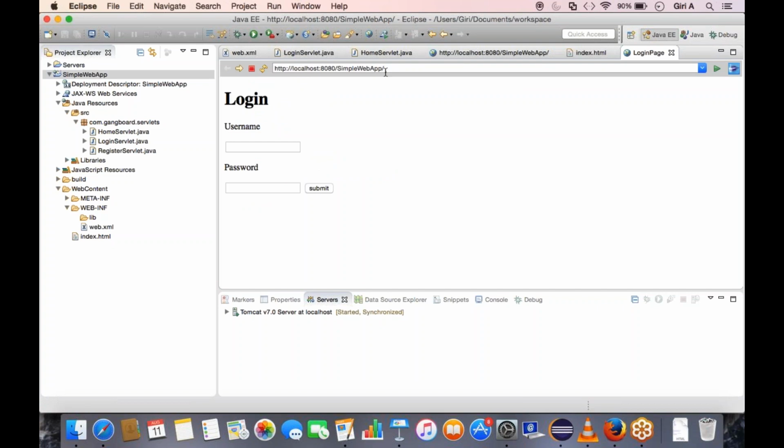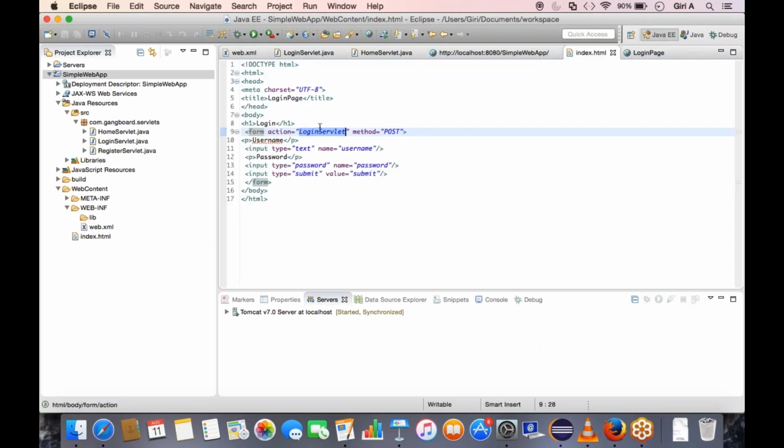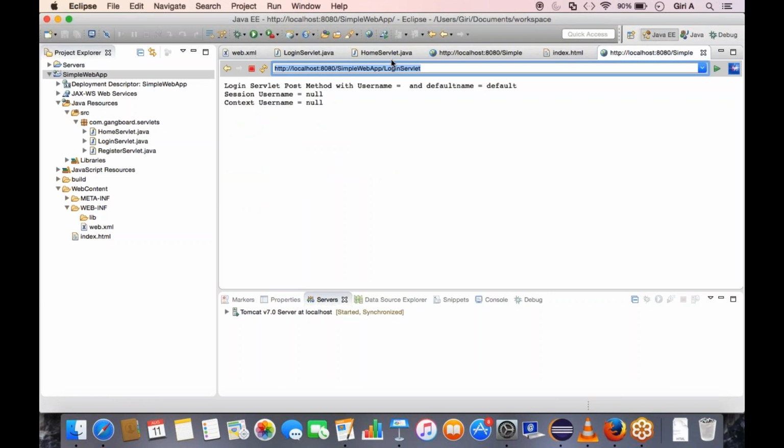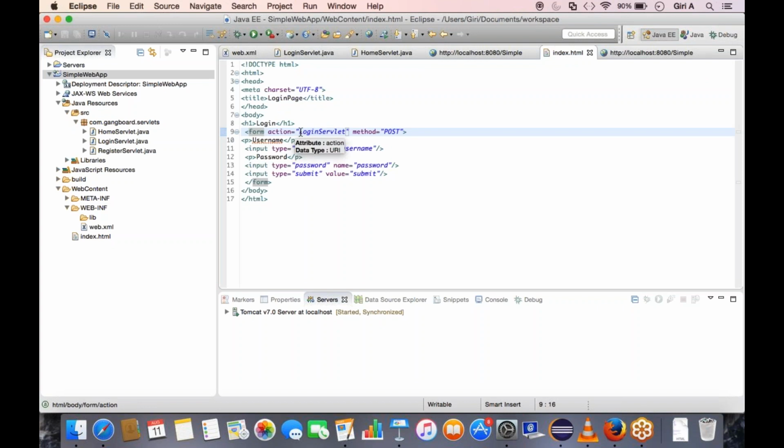When I click on submit, after this slash, that servlet URL will come. If I didn't put slash in the index.html in the action, then after this application name, this servlet name will be added. So while Tomcat searches, first it will go into this project, then it will search for the servlet. Suppose I replace here with this slash,